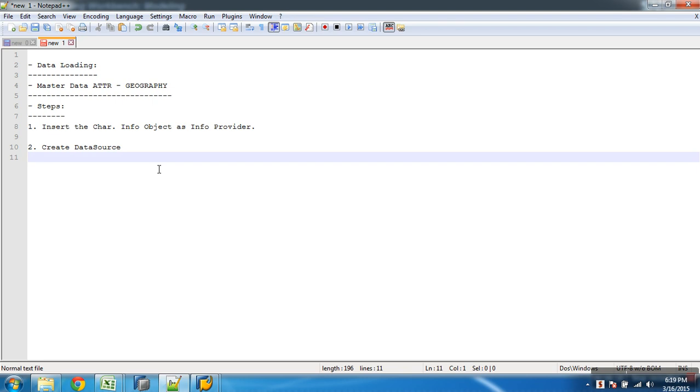What do you mean by data source? Because before we start the navigation, if you understand what it is, then it does make sense while creating it. What is the data source? Structure of fields and from where the source data comes. So it defines multiple things.